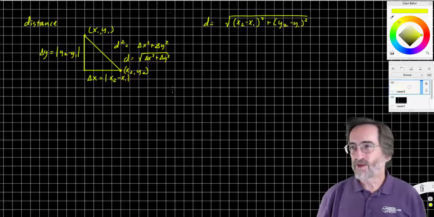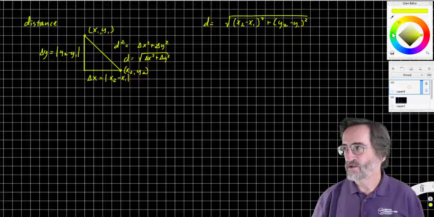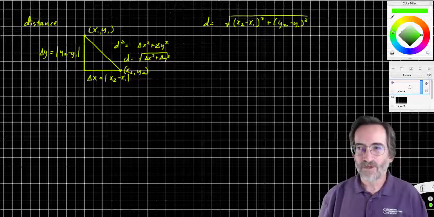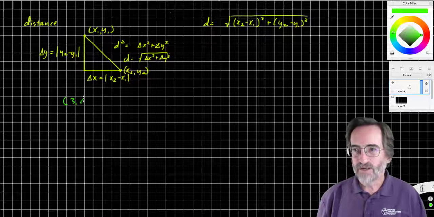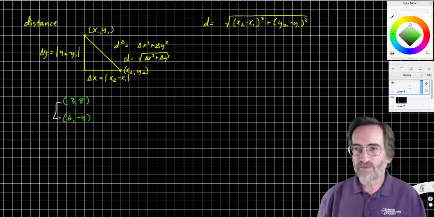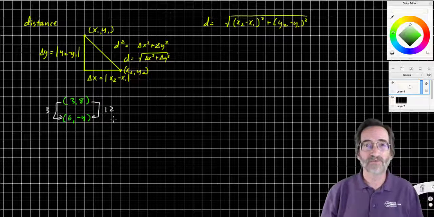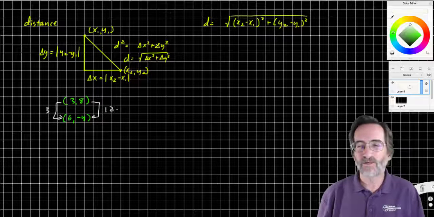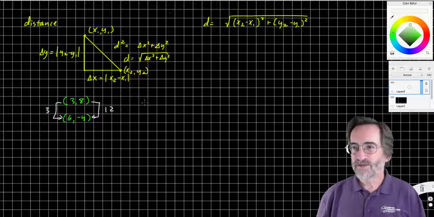Let me apply this to a particular set of coordinates and show you how I think it through. You can use my way of thinking, or you can come up with your own. Let's say I've got the points (3, 8) and (6, -4). I consider the change in x. How far is it between 3 and 6? My conclusion is it's 3 spaces. How far is it, the change in y, between 8 and negative 4? Well, my conclusion is it is 12. I don't care if it's 12 up or 12 down, because when I square the negatives, they're going to be positive anyway. So my distance becomes